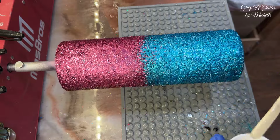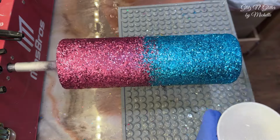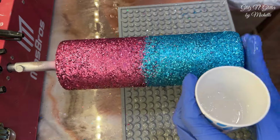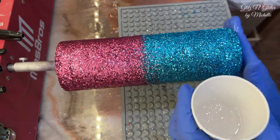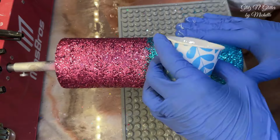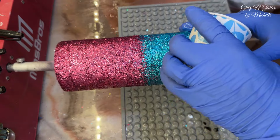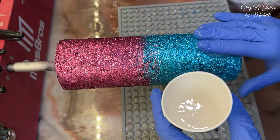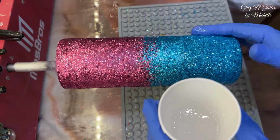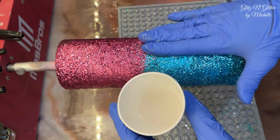So I mixed up 40 milliliters for the first coat. I don't know if I'm going to use it all or not, but it doesn't matter because it needs to be thick, put it that way. So the first two coats are going to be just resin. I'm not going to be putting any vinyl on this, any kind of pictures, until I have a flat surface to work with. And it's probably going to be at least 2 coats. Whoops. So I'm just going to get this rubbed all over